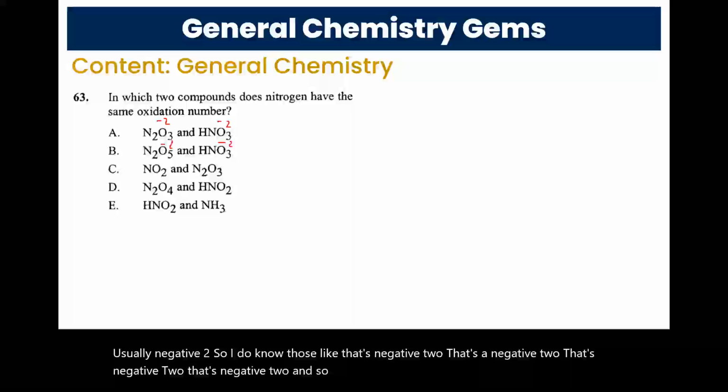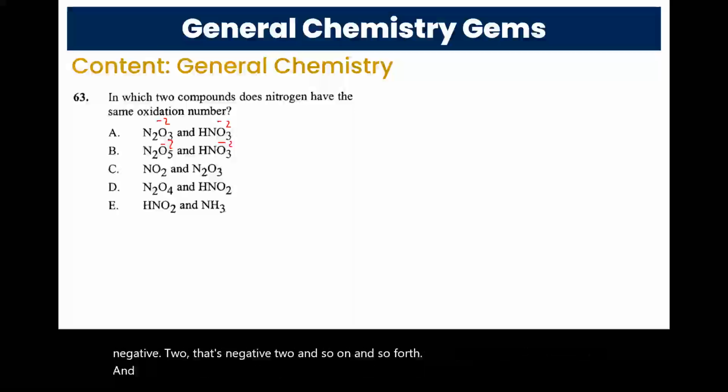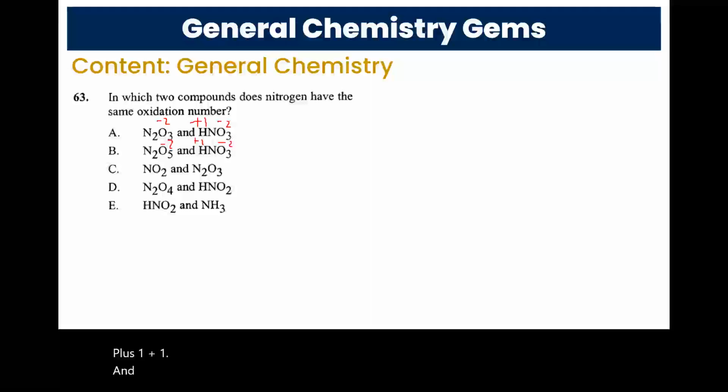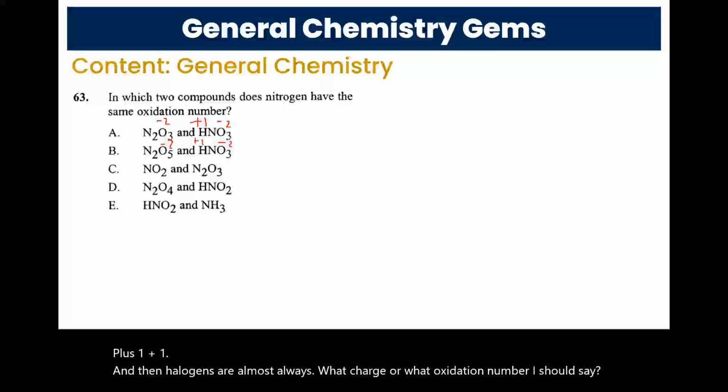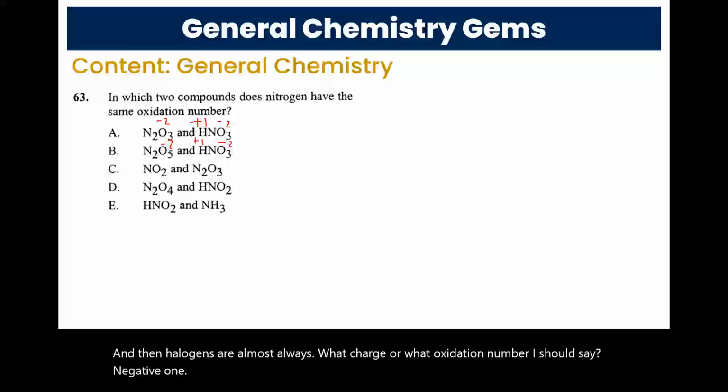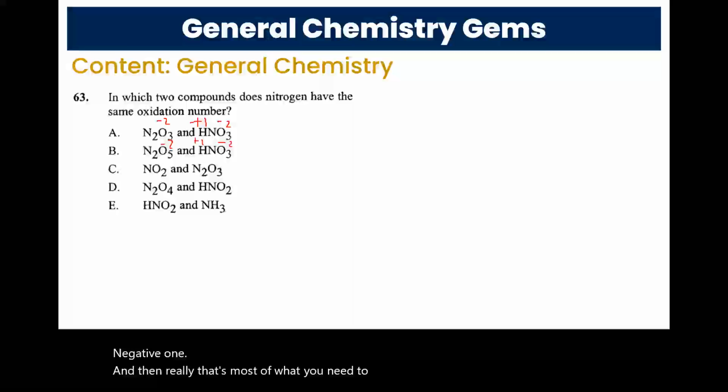Hydrogens are generally what oxidation number? +1. And halogens are almost always what oxidation number? -1. That's most of what you need to know, because then everything else should just add up